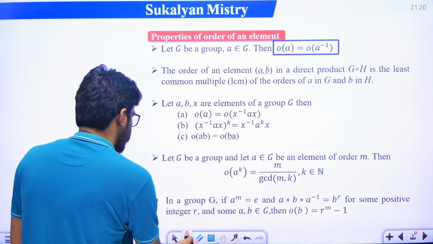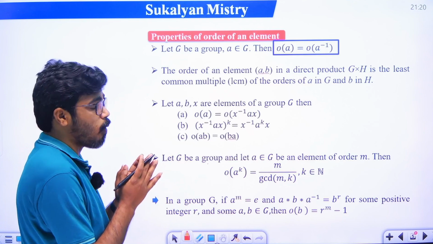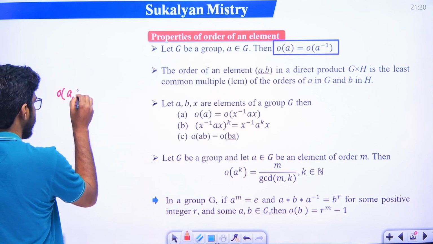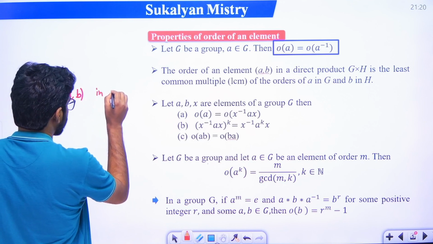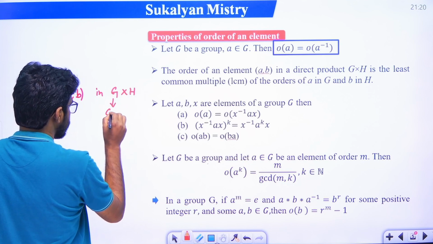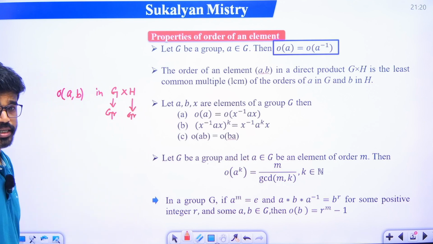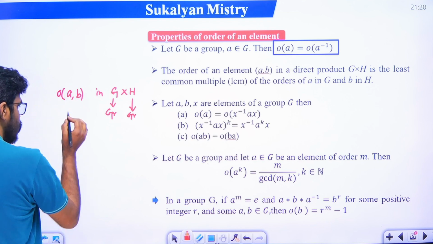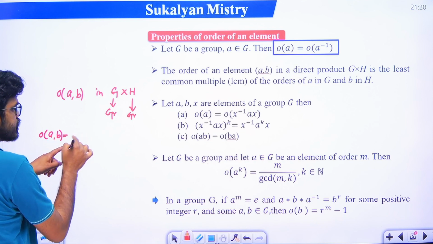That means suppose we have to find the order of the element AB in the group G cross H. G is a group as well as H is also a group, ঠিক আছে? We have to find the order of AB. So this is defined as LCM